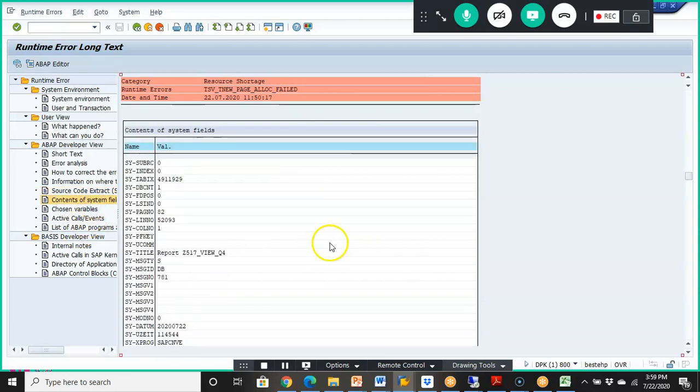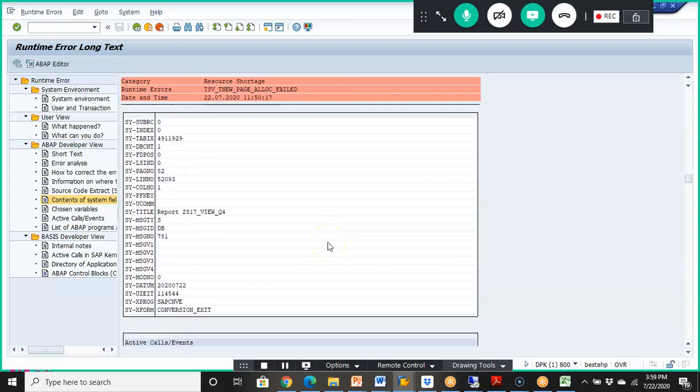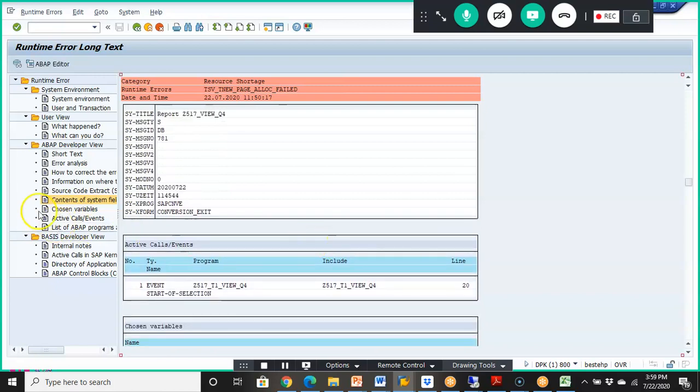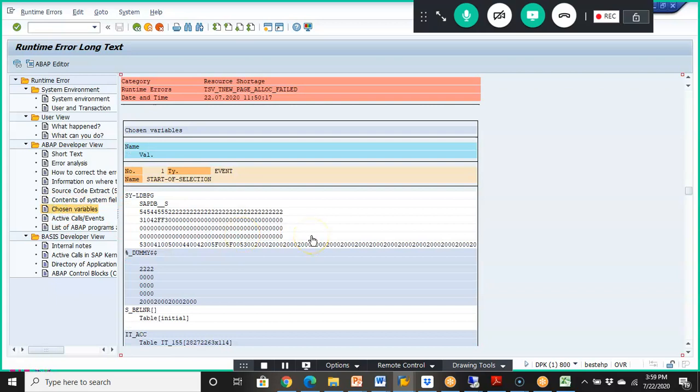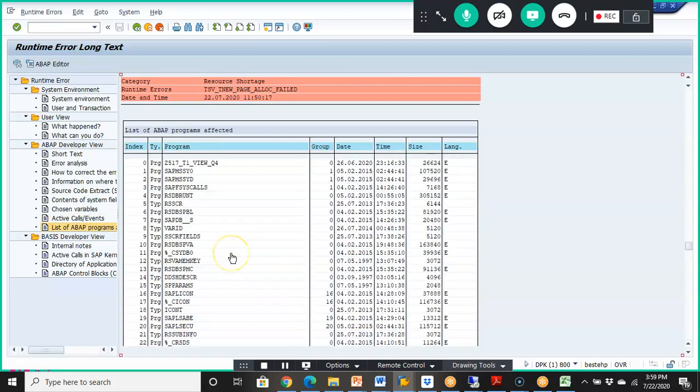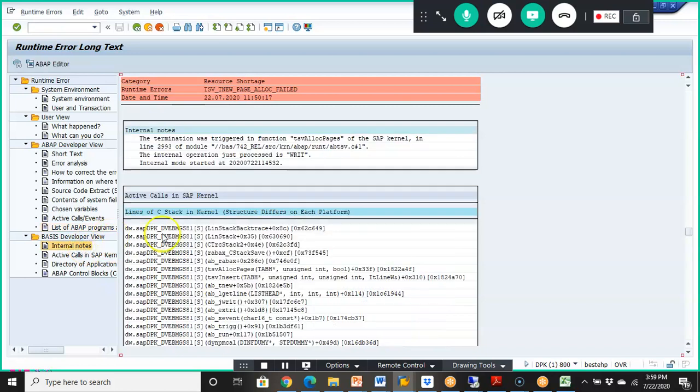Content of system fields. These are the contents of system fields. Chosen variables. These are the list of the programs that got triggered internally in the backend. Maybe this is a front end program, a Z program, but in the backend we have a lot of programs that got created here. Now when we go to the internal notes, for the basis, this is where the termination was triggered in functions.